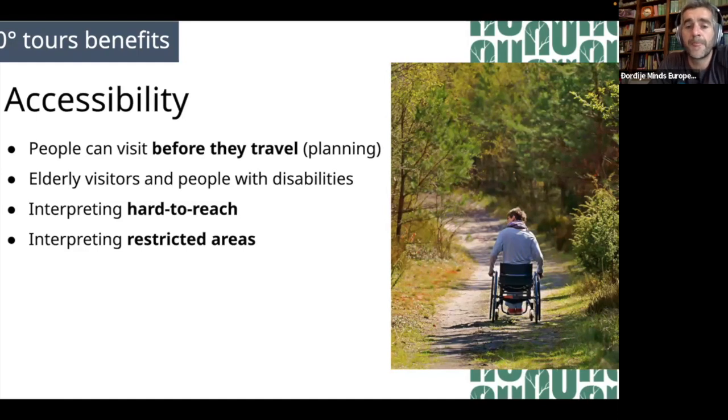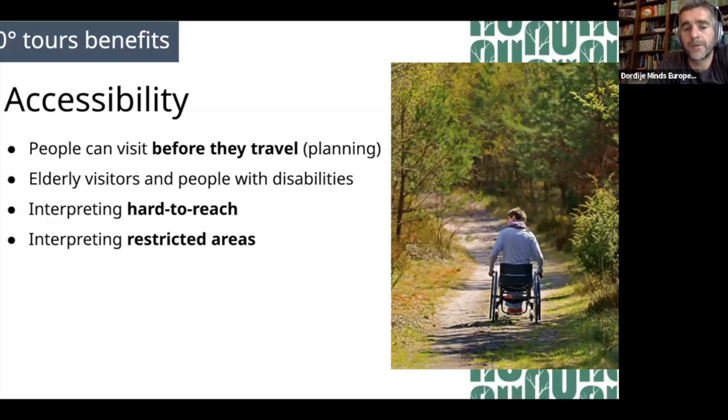those places. Also, what we do with Google Street View, we can plan our trip. So if we go to, let's say, Barcelona, and we want to book accommodation, and we want to see what is the neighborhood of that hotel or that apartment, we can go to Google Maps and see the whole scenery, the whole part of the city where we plan to visit. Of course, it can interpret hard to reach destinations, which are not just hard to get to for elderly people or people with disabilities, but also for normal people, let's say people who can walk and run.